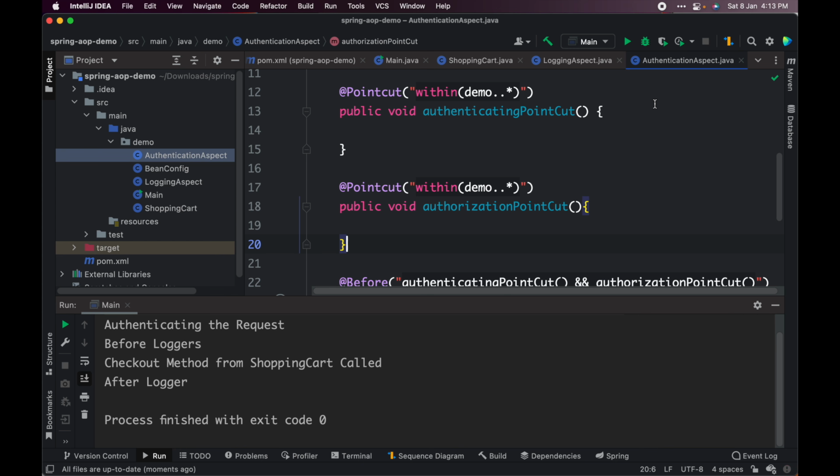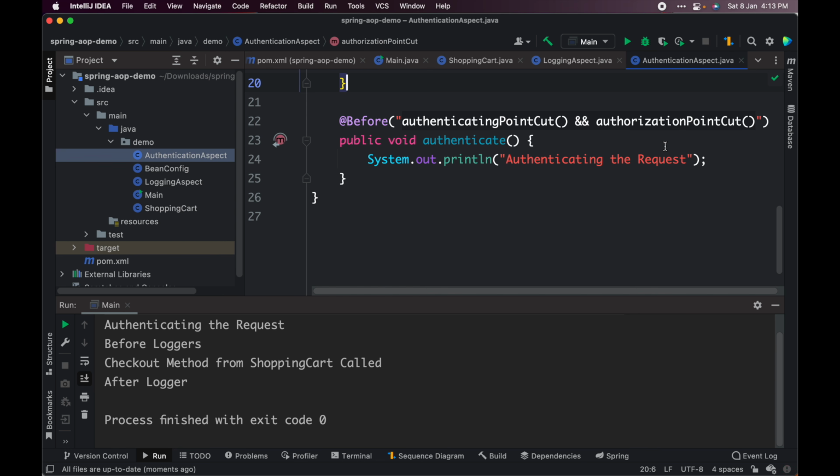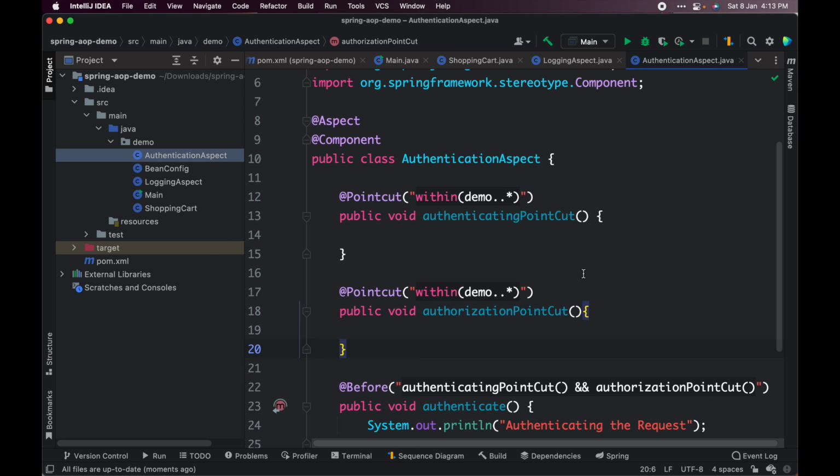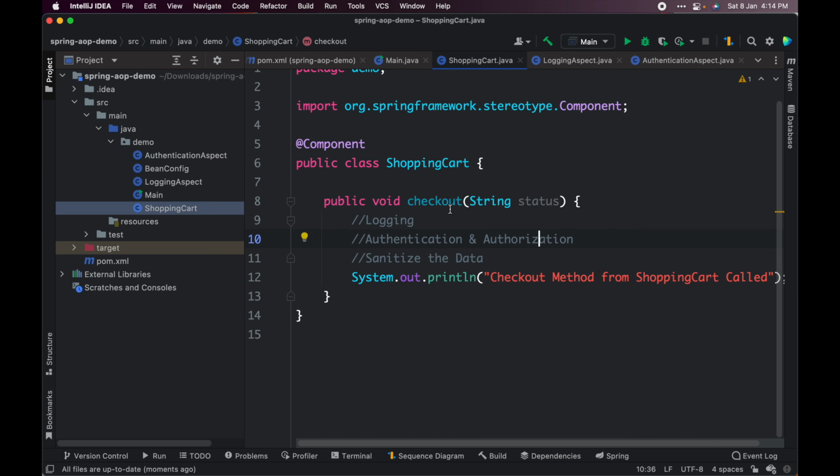And if we have this available in different packages also, then we can go ahead and add the different packages, and we can mix and match the packages with and conditions or or conditions. Now these are just the simple things that we did, like how to call the aspects. Now there will be scenarios where we need to get the data as well. Whatever is happening within the shopping method, we might need those details as well. Suppose we need the input arguments, the return variables and everything. So let's try to understand that as well.